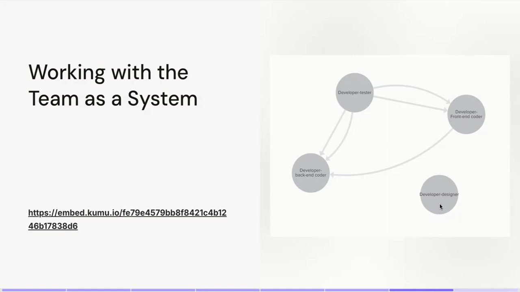What type of value is created when a backend developer interacts with them? What type of value is created when a tester interacts with them? What type of value is created when a designer interacts with both a front end and a tester, or both a front end and a back end? So you can play with the components or the individuals within the team until whatever team you have, you will find a configuration that's a very easy case to make to your team, why this person is integral to you as part of the same team.